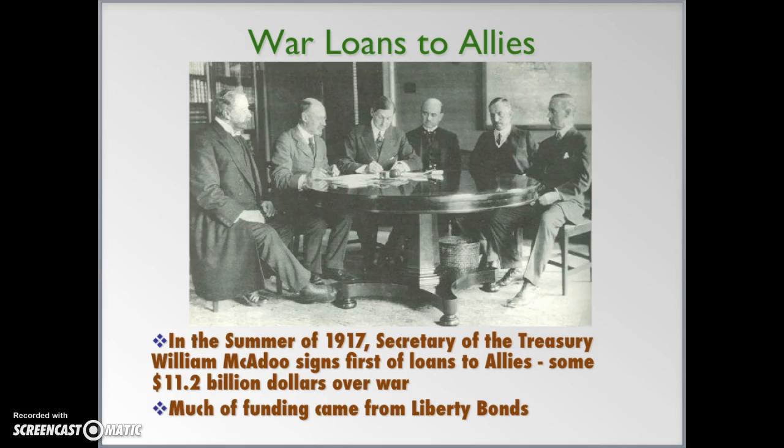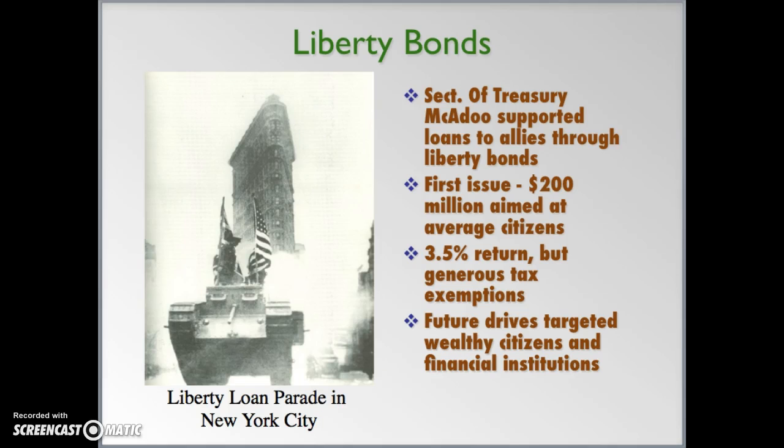Brutal way to die that also costs a lot of money. The United States starts lending money to the Allies, a whole bunch of money. This becomes increasingly important in the 20s when we want to get that money paid back. And for Americans, it's also really important because they start investing. They start investing their money into bonds and making rates of return.